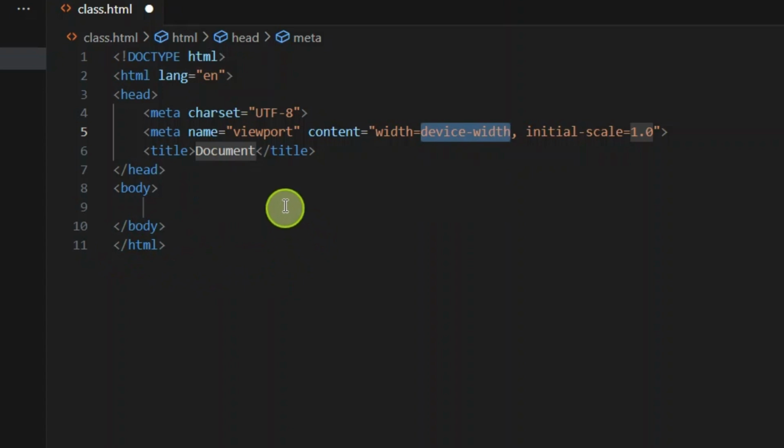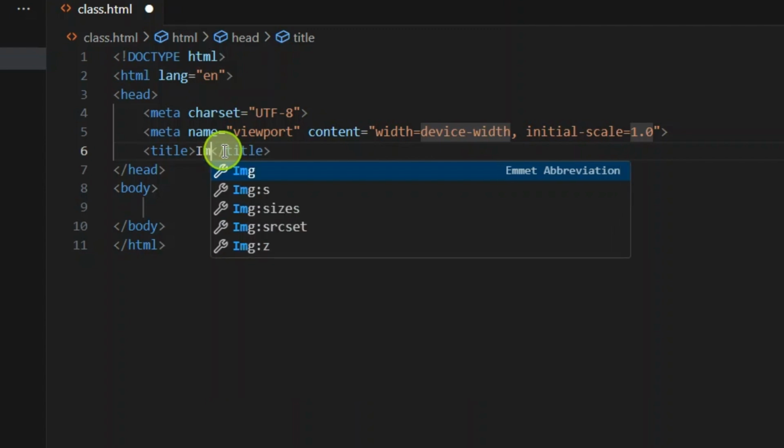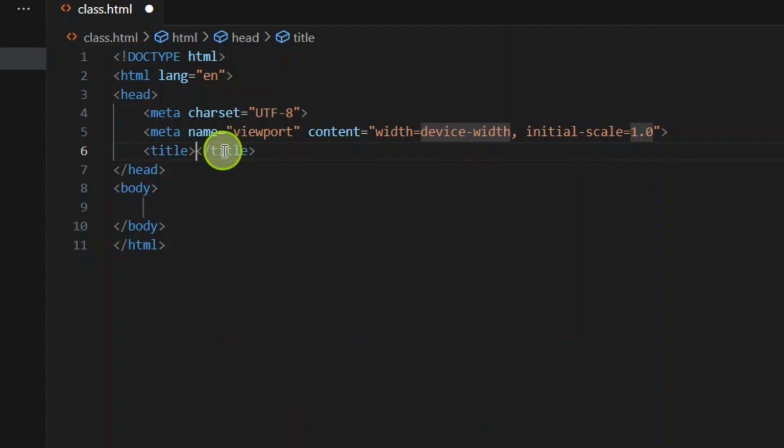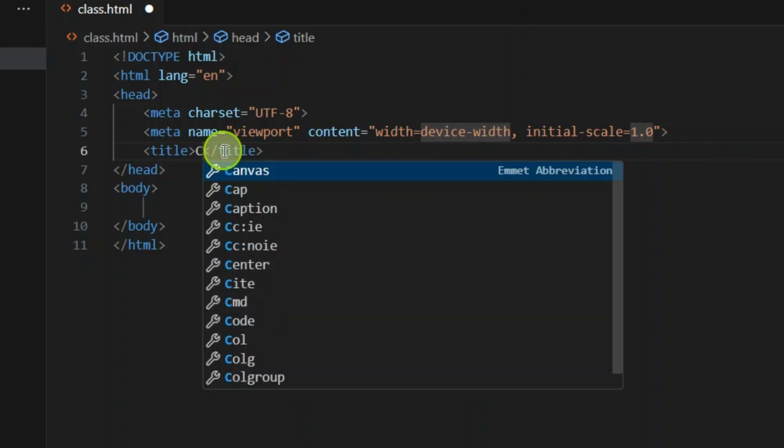Okay, so now let's start from here. You can see the title of this web page we are creating is given as Document. Now it's left for you to give it a different title. So I'm going to double click here, delete this Document and call this one importance of content creation, or just content creation. Let's call it content creation. Okay,